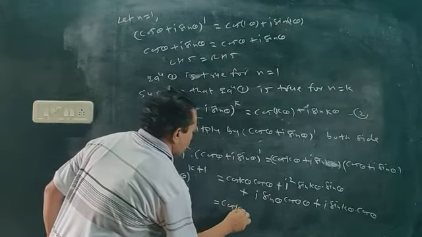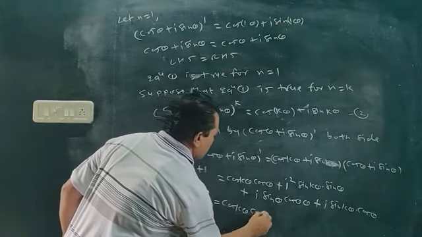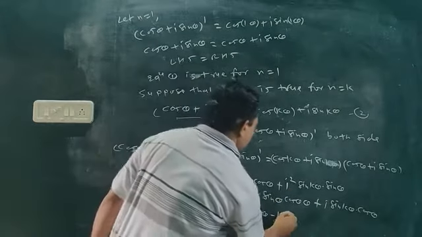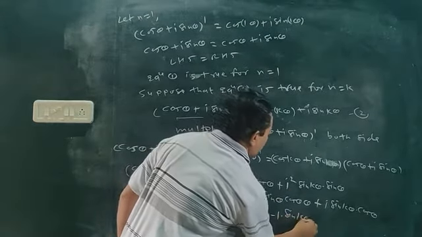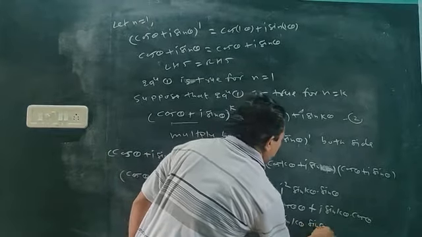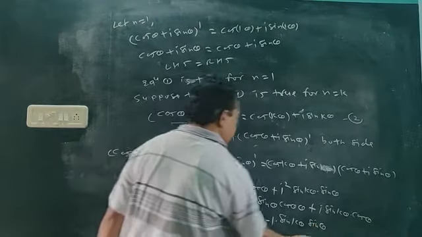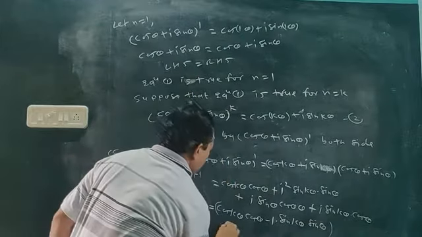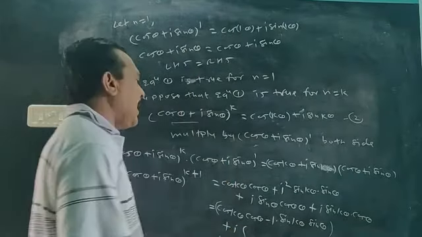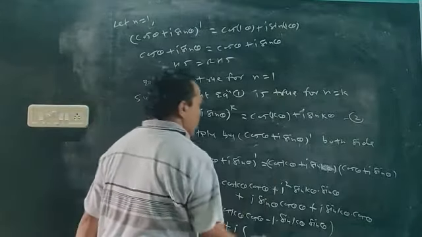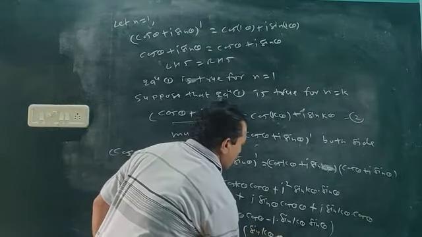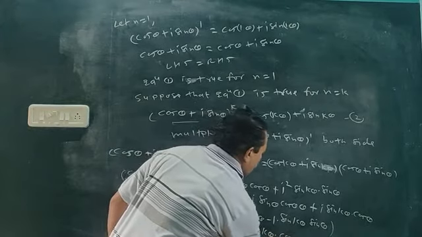So cos k theta into cos theta, I square minus 1 we know, sin k theta sin theta. This one term we can say is the real term, there is no I. The other two terms have an I. Okay, I is common, so remaining in the bracket: sin k theta into cos theta plus